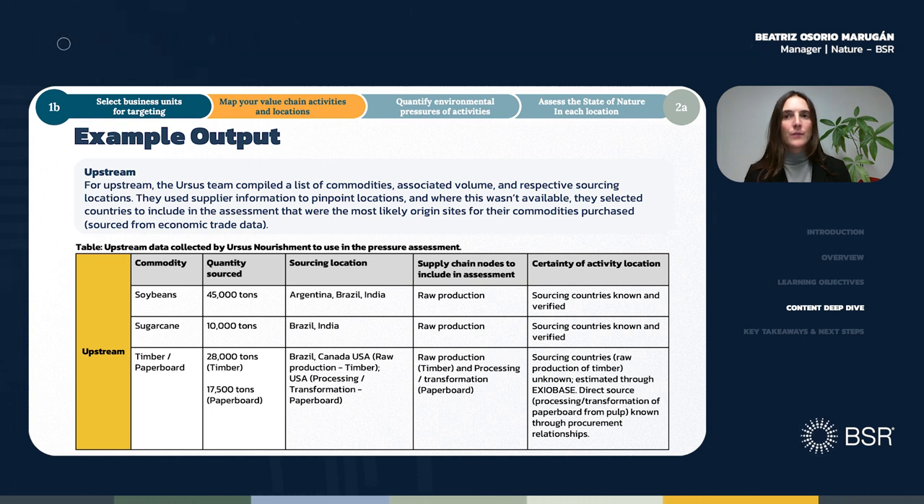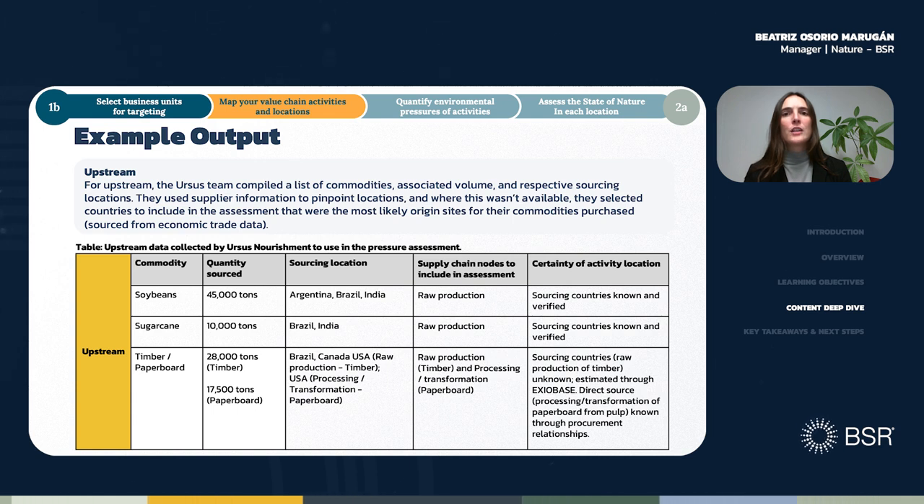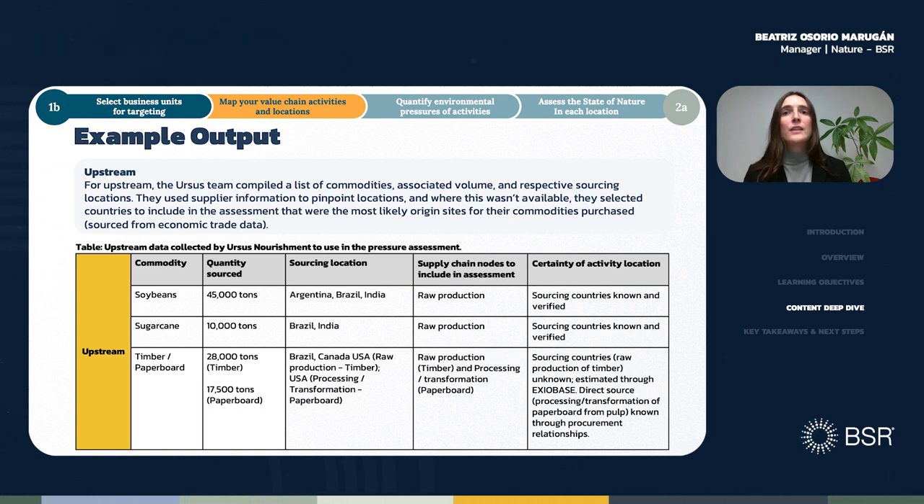They were able to pinpoint locations based on supplier information, and where this wasn't available, they selected countries to include in the assessment that were most likely origin sites for their commodities purchased, based on economic trade data. To ensure they linked their pressure estimates to the right locations, the team first consulted their procurement sheets to see from which countries these commodities were grown